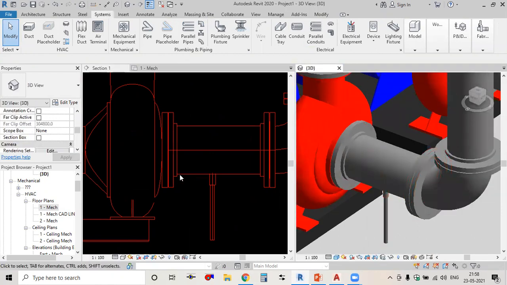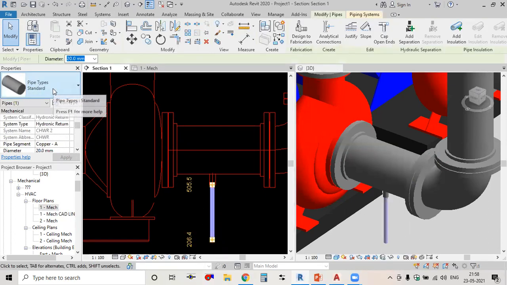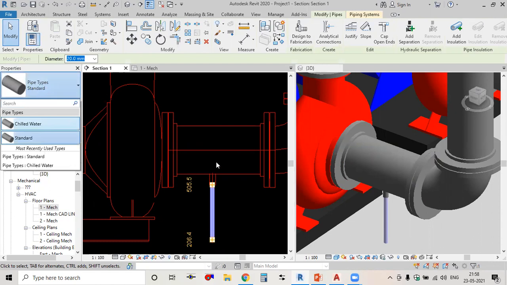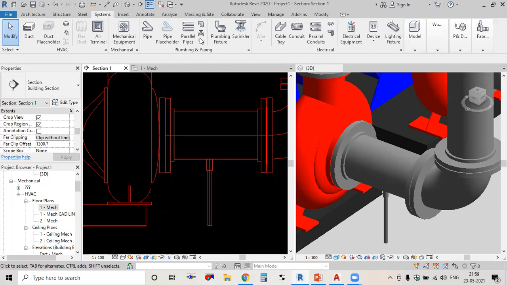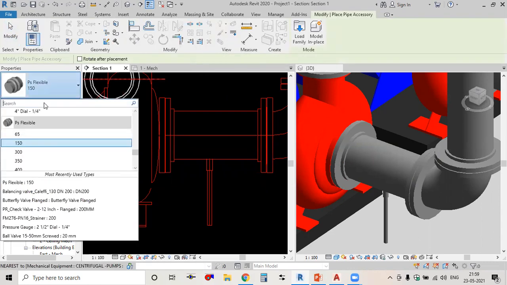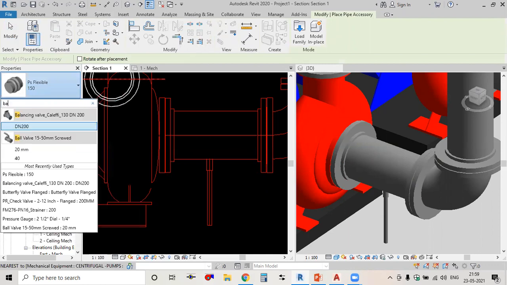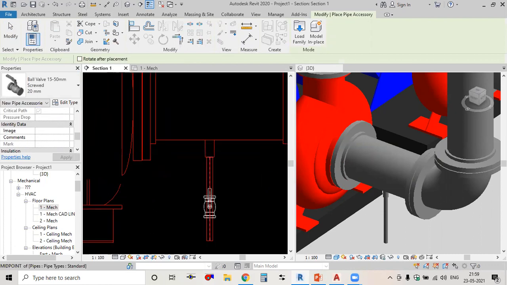If you do it with the chilled water, the pipe type we have taken standard. So there is a reason. If you take the chill water, it will make a T here. Junction type is T. So that is why I'll take the standard type, which is a branch takeoff tap. And in this pipe, you can place the ball valve. So go to the pipe accessories, drop down the selector, type ball valve 20 mm and place it here.